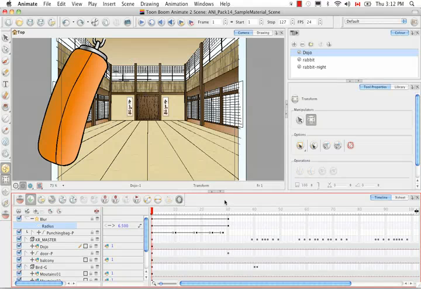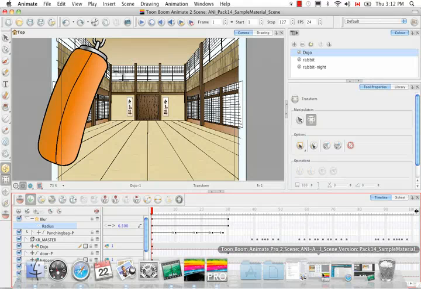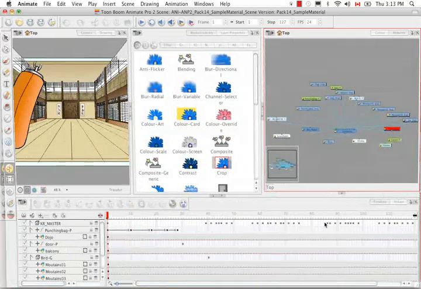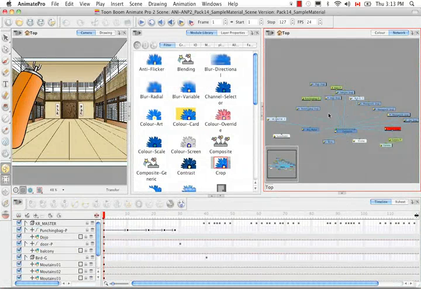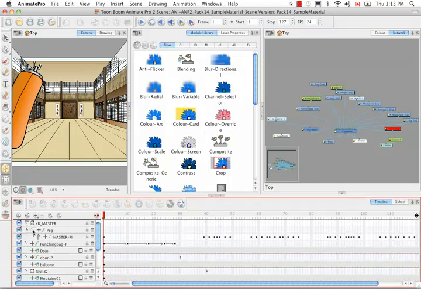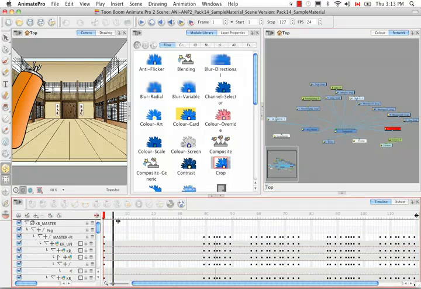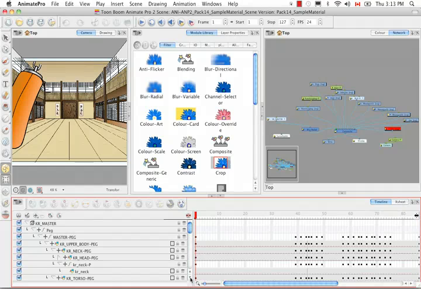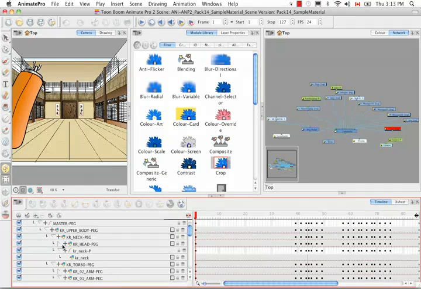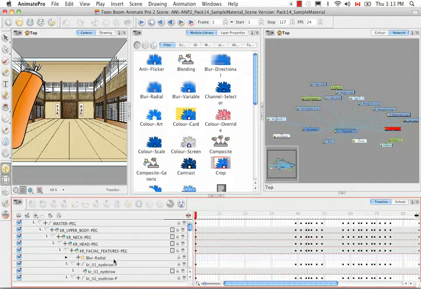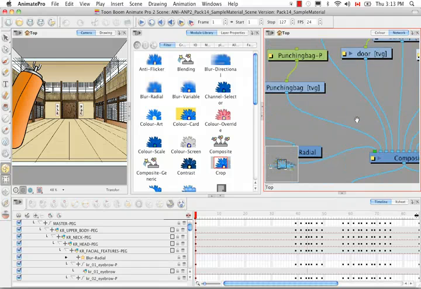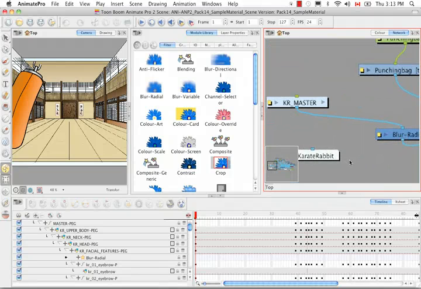So now let's take a look at Animate Pro. In this scene, I don't know if you remember from the previous tutorial, we added the blur radial to the Karate Master. So we're going to look for that effect right now in the timeline. Okay, so here it is. Like I said, when you add effects, let me zoom in here so you can see it. So we see the Karate Master and the blur radial